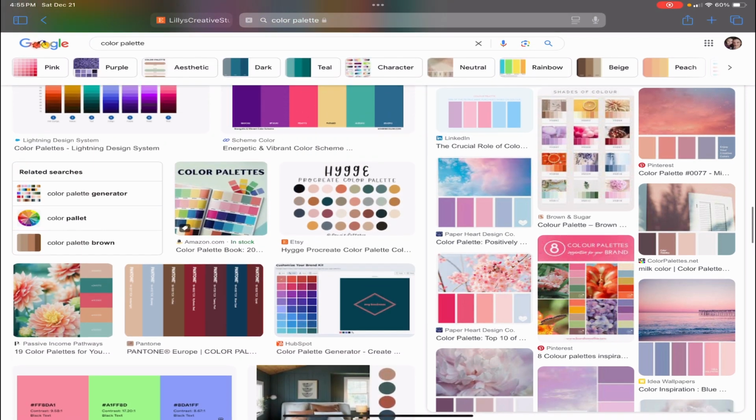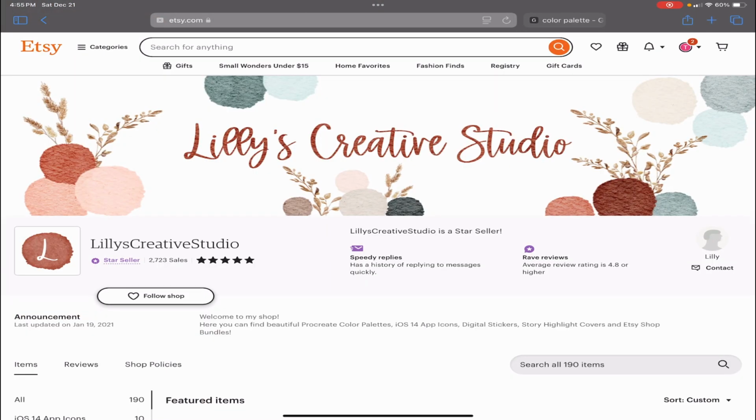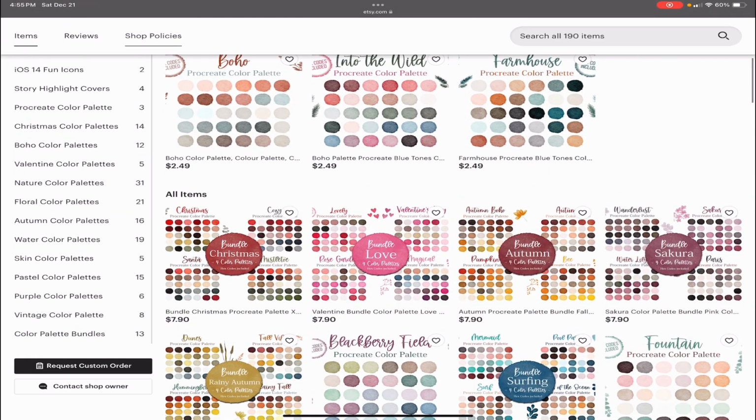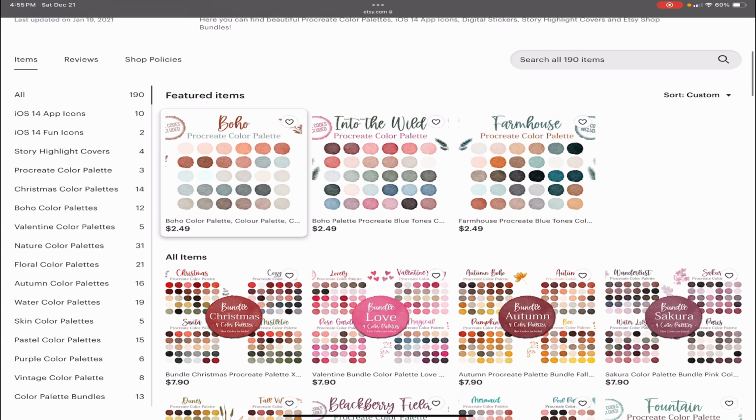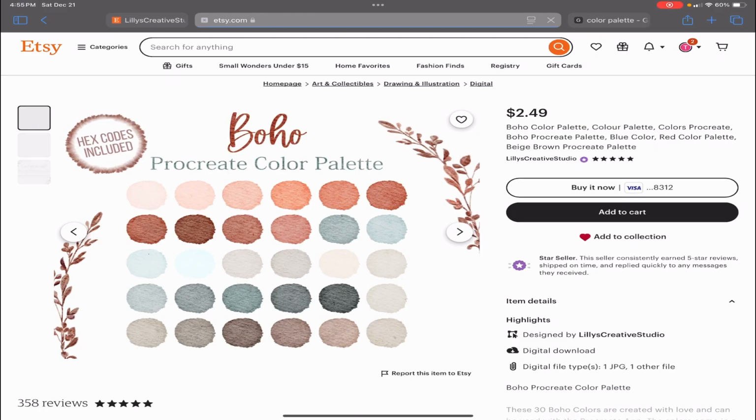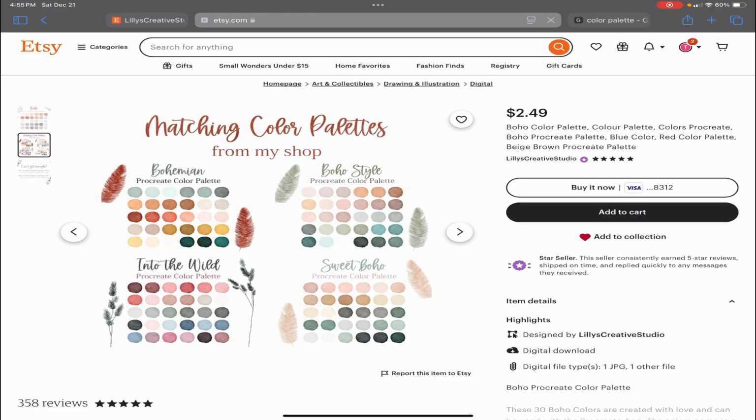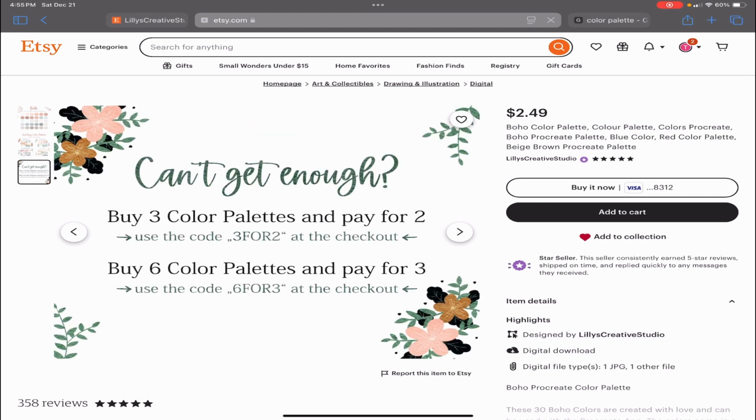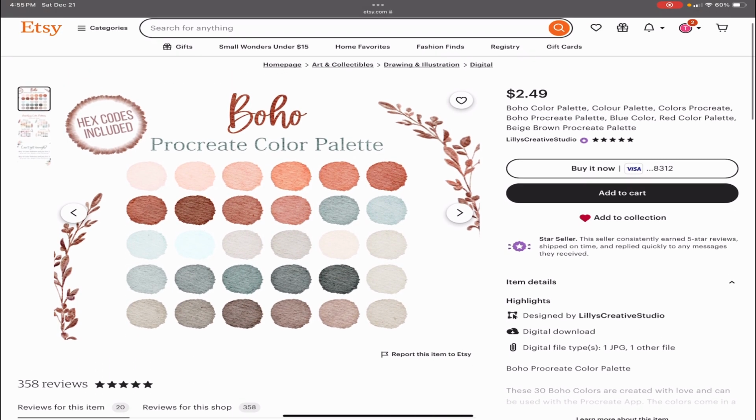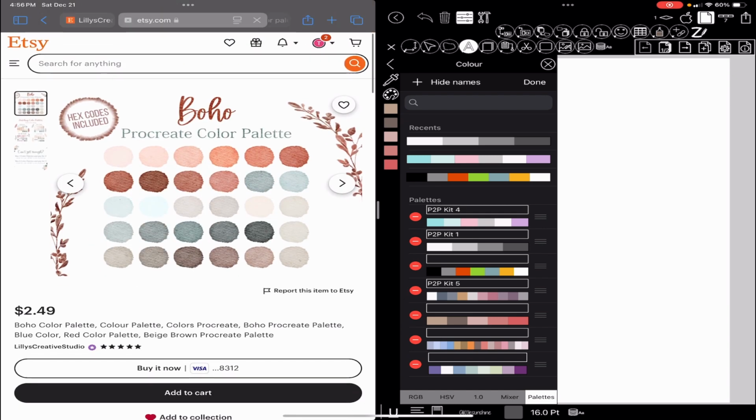And then another way that you can do it is by going to Etsy, and here's a shop that does different sticker kits. Now, of course, these you would have to purchase, but most of the time they would include an image with, I guess, the codes, or I'm not exactly sure because I've never purchased from her. I just like getting different ideas from her palettes. So this is a boho palette, but this can just give you ideas on different colors, or if you want to purchase these,